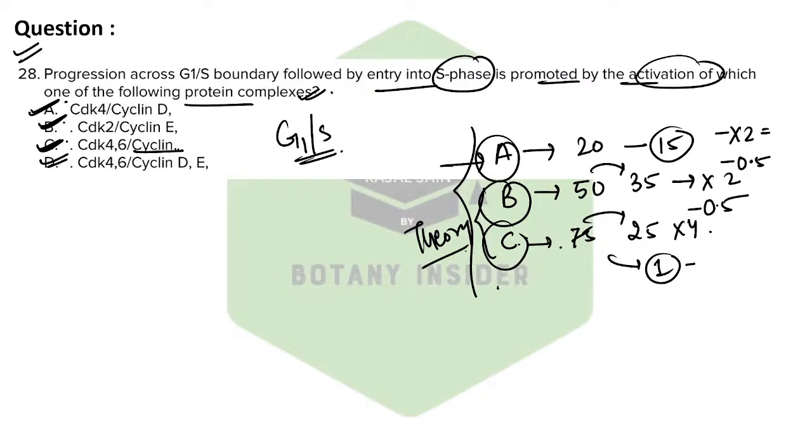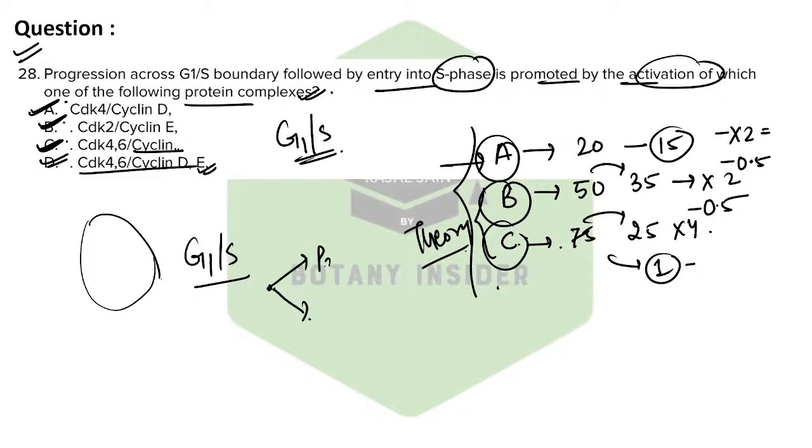Now, Selva, see over here. It's very, very easy for us to mark the answer as CDK4 and cyclin D. Reason being, when we learn about the progressions in specifically the G1 to S phase, what do we see? We see the transition going on in two different phases, right? First, there is partial phosphorylation, and then we have the complete phosphorylation, right? In partial phosphorylation, you have CDK4, 6 and cyclin D helping in, and in the complete phosphorylation you have CDK2 and